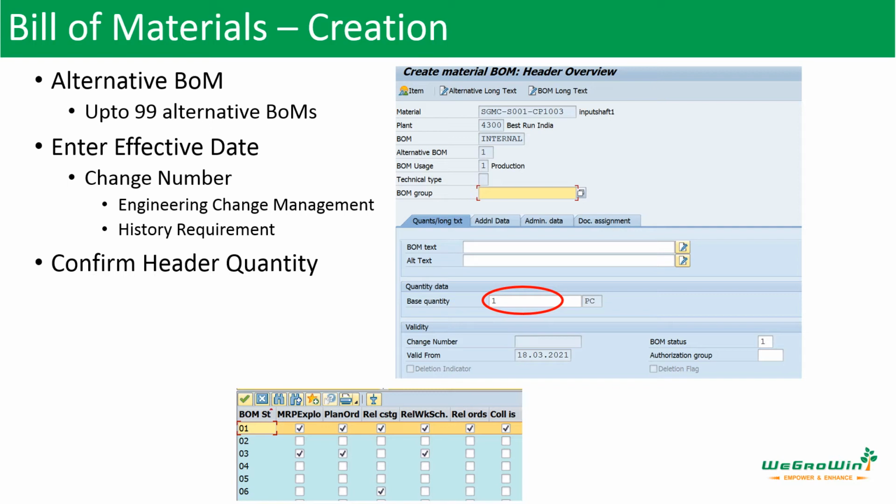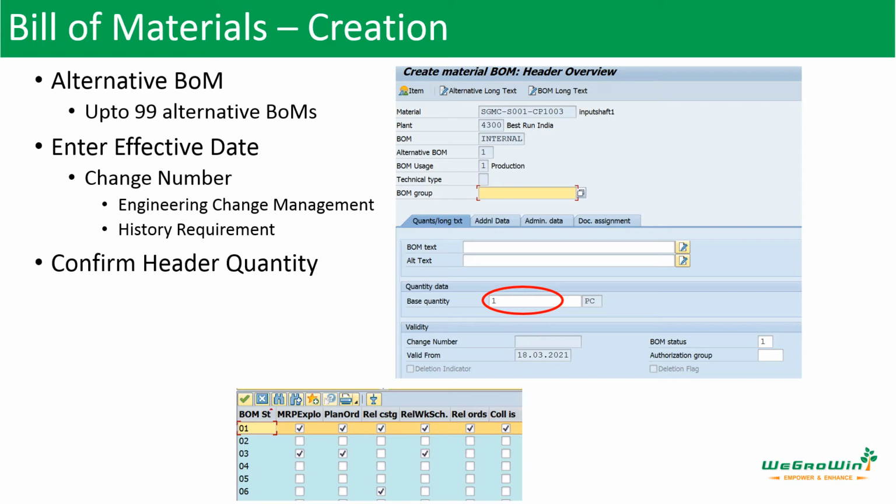Because sometimes the component going into the bill of material may be a very small fraction of quantity. Those things we may not be able to enter when we enter the base quantity as 1. We may need to give the quantity as 10 or 100 or 1000 like that. You would have discussed this point in the costing BOM also, right? In the costing view in Material Master, we saw the lot size.